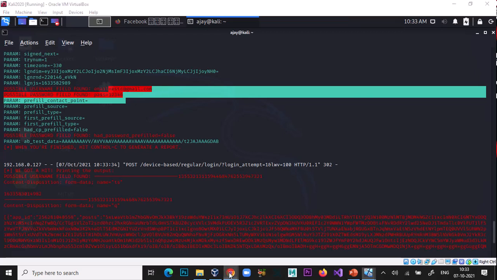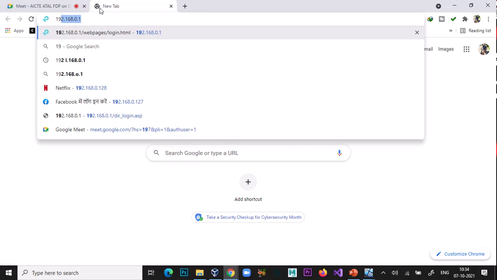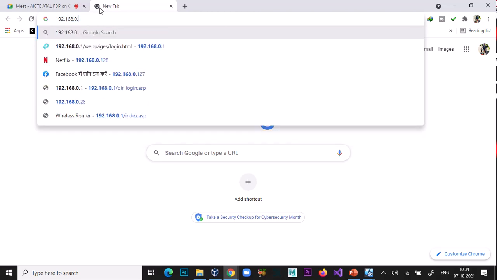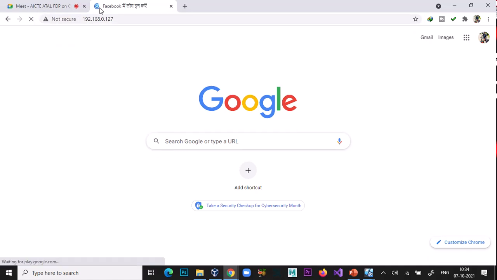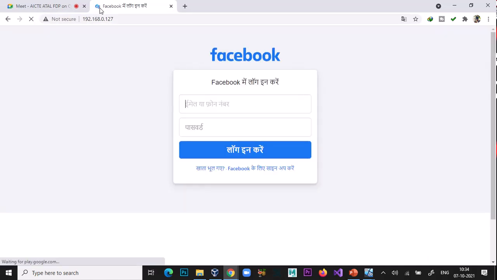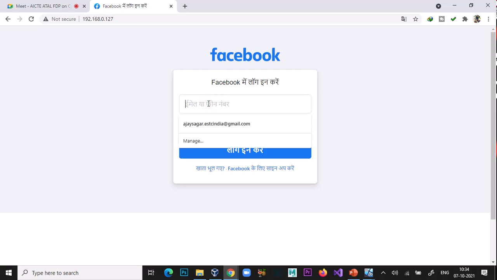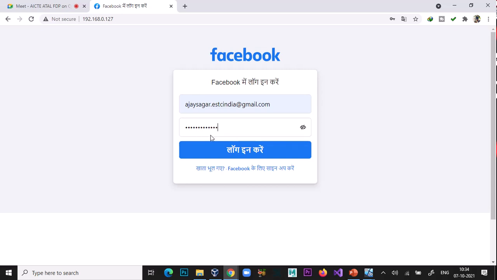You can check it on any computer connected to your network. So this is the phishing page. Just type any password here, GGGTTTE or something.